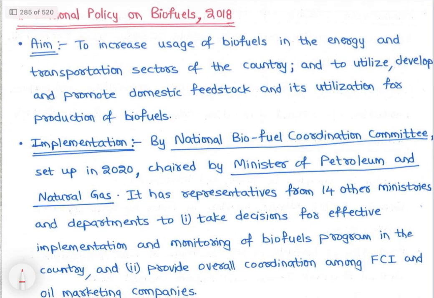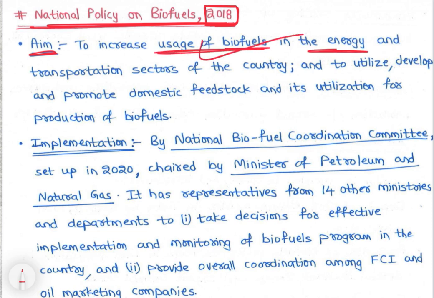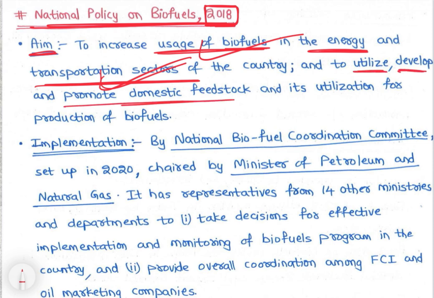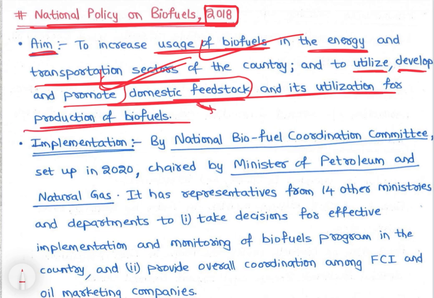Now let's see the National Policy on Biofuels 2018, again very important, right? National Policy on Biofuels 2018. So the aim of the policy is to increase use of biofuels in energy and transportation sectors of the country, right? And to utilize, develop and promote domestic feedstock and its utilization for production of biofuels. So domestic feedstock, जो भी biofuels produce करने के लिए हमें चाहिए,